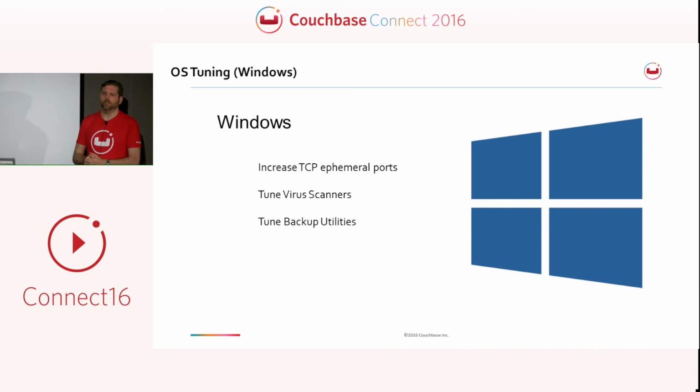Okay, and the next two on Windows are tuning the virus scanners and your backup utilities. The reason that's on there is this applies to Linux as well as Windows, but it seems to be a bit more common with Windows, especially with virus scanners, which have a much wider usage on a Windows server than on Linux. What we're saying by tune is you need to make sure that you've configured your virus scanner not to scan the vBuckets or the on-disk